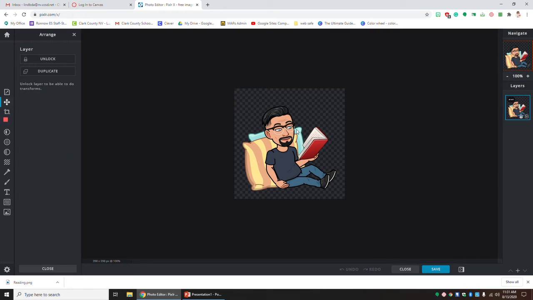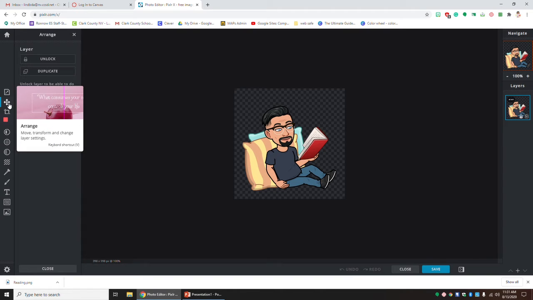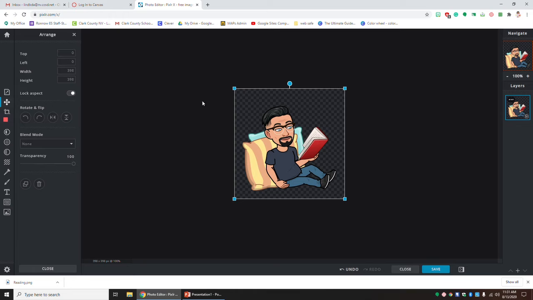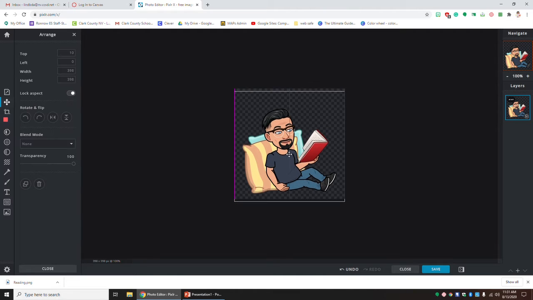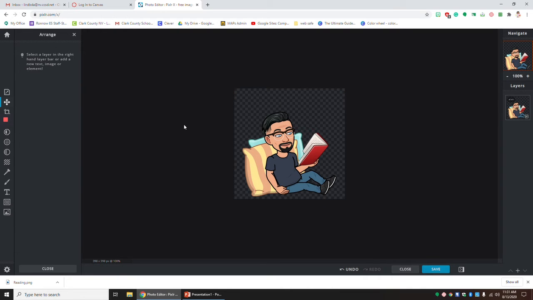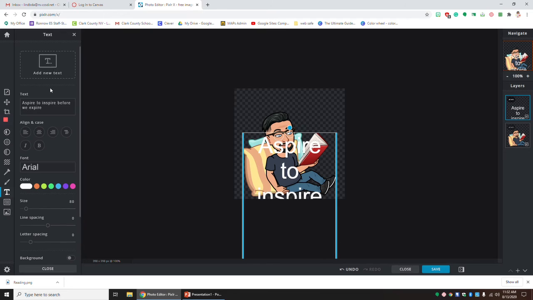To move your picture around, you click the two arrows that are crossed over each other, and then choose Unlock. That lets me slide it down a little, and then I can add text by choosing over here, Add Text, Add New Text. I'm going to write